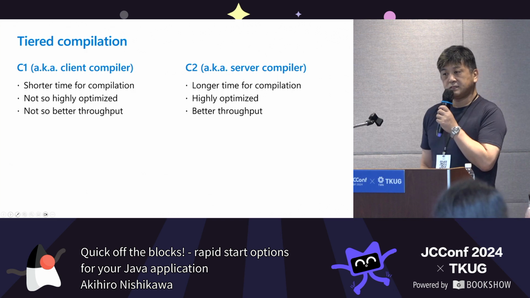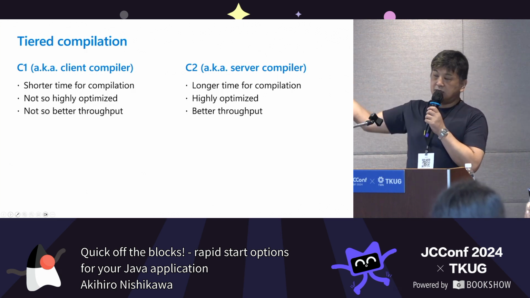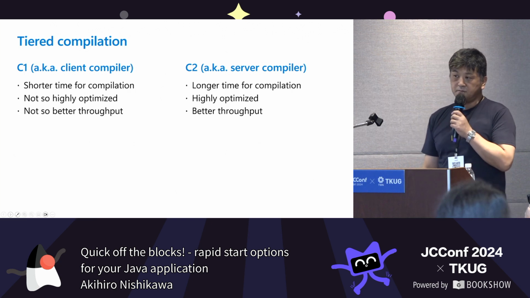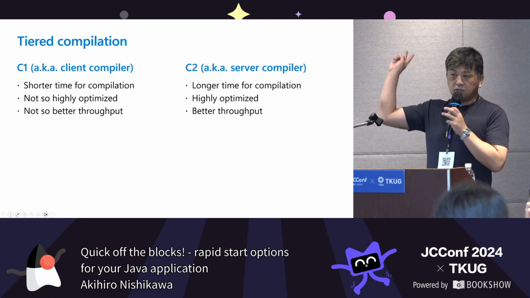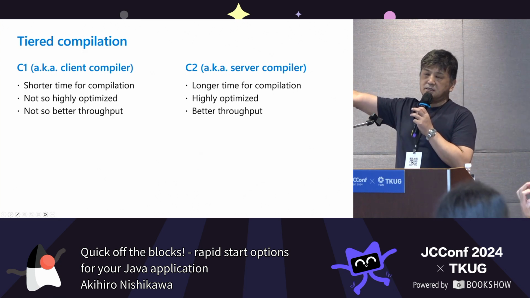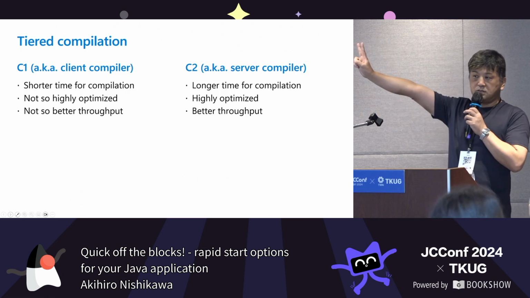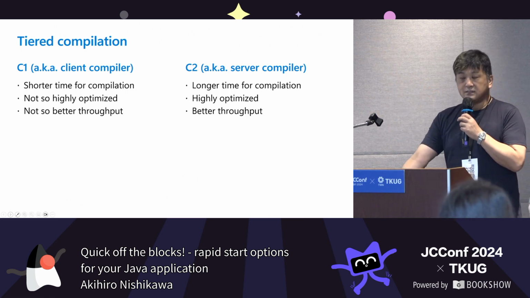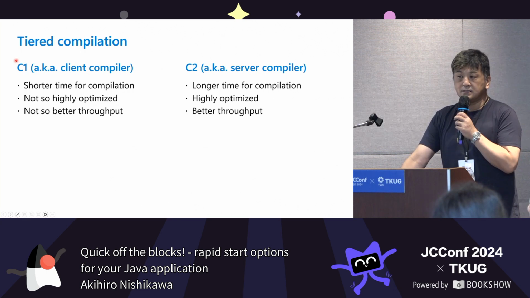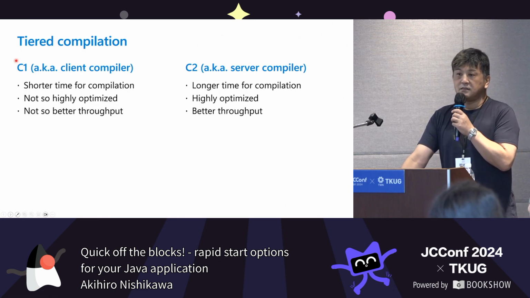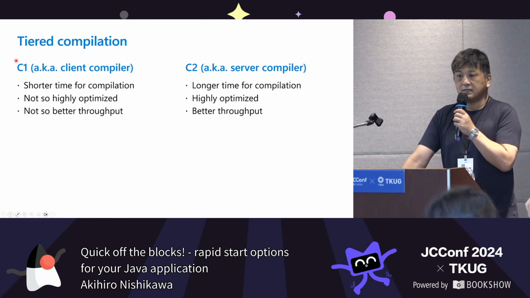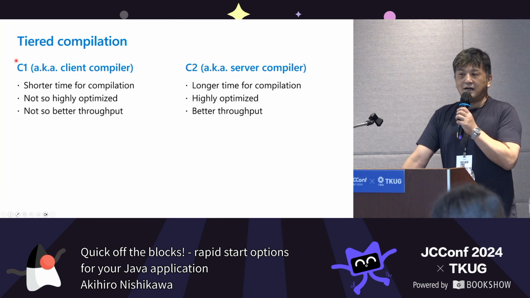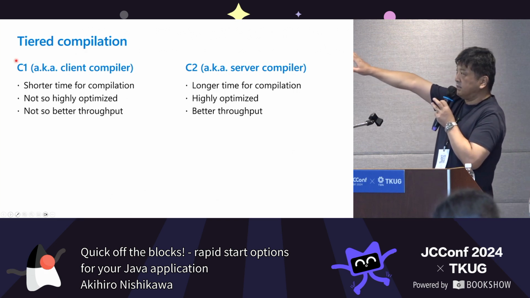And tiered compilation. You all know about tiered compilation. The JDK, mainly HotSpot, has two JIT compilers: C1, also known as the client compiler, and C2, the server compiler. From JDK 23, Oracle JDK has equipped another compiler, the Graal JIT compiler, but this is a kind of category